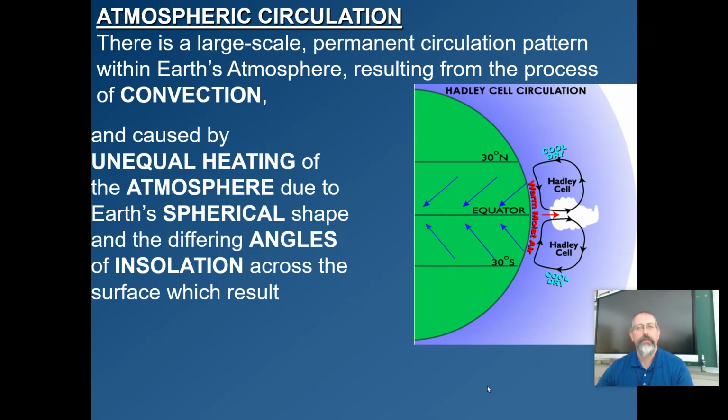It's caused by the fact, and we've talked about this numerous times, that the Earth is a sphere. As a sphere, only one place on the planet can have direct sunlight at any given point in time. So there's an uneven heating of the Earth's surface. Some places get very direct sunlight, other places it hits at an angle, and you end up with different amounts of heat and temperatures as a result of that.